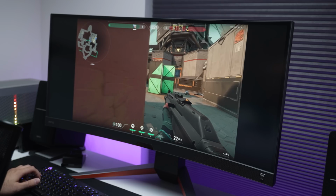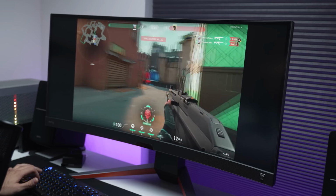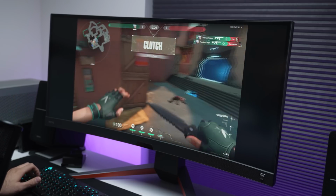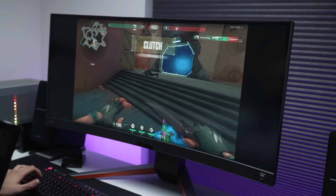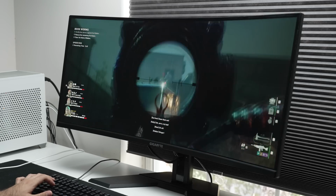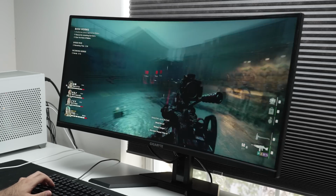An automatic brightness adjust sensor, which only the Mobius has, good black frame insertion, keyword there, good black frame insertion, color weakness for the colorblind, built-in speakers that are the best built-in speakers I've ever heard from any gaming monitor brand by far, and a few other things. If none of that matters to you, the LG will be the next best option, and if you just want